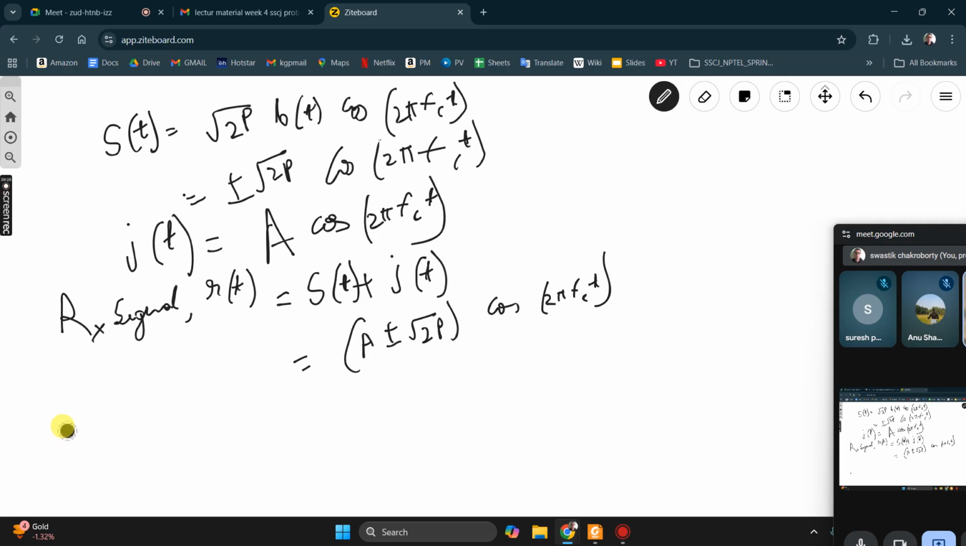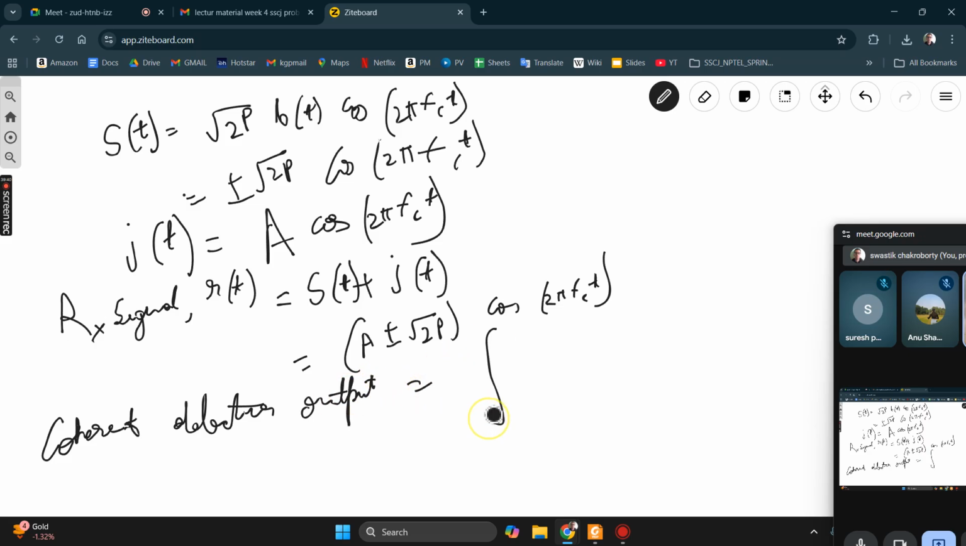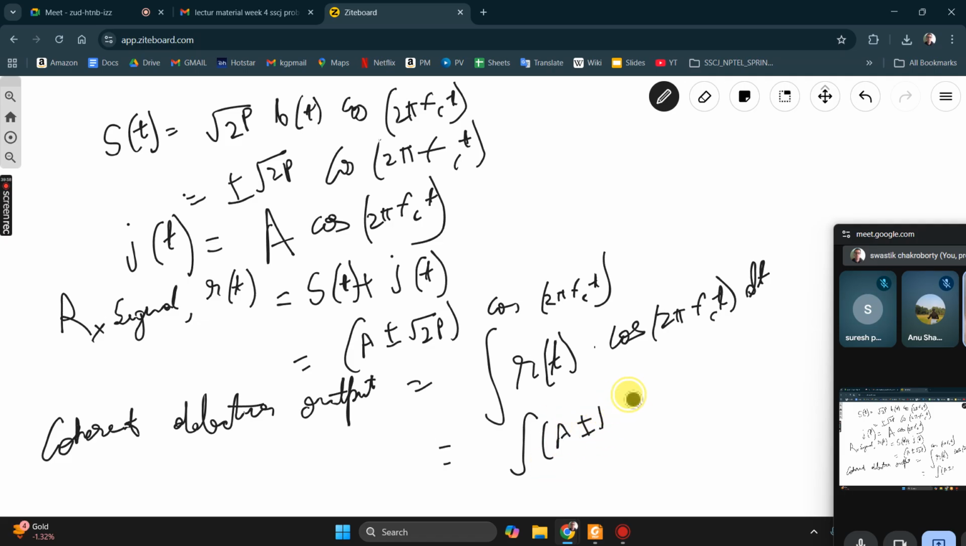So coherent detection means coherent detection output is integration of RT times cos 2 pi fct dt. So it is integration of A plus minus root 2P